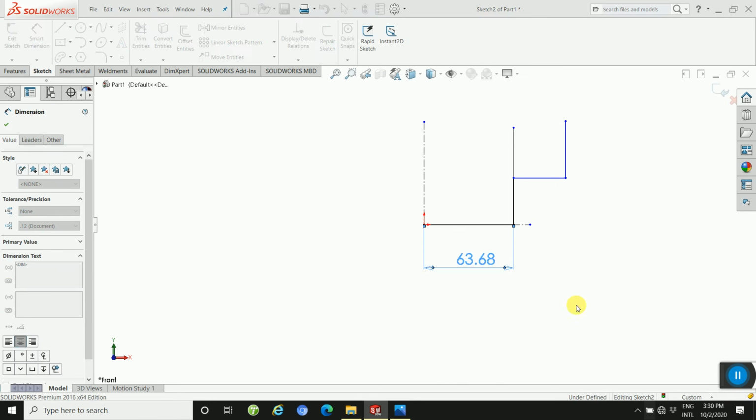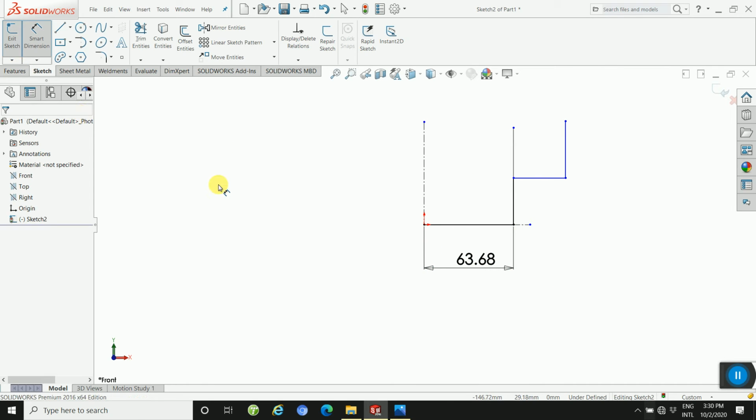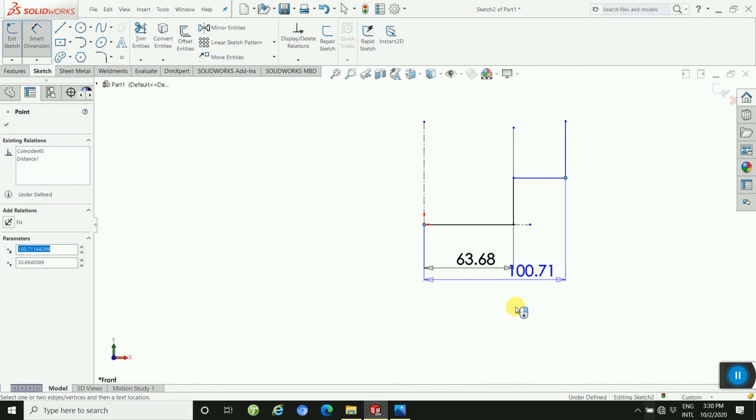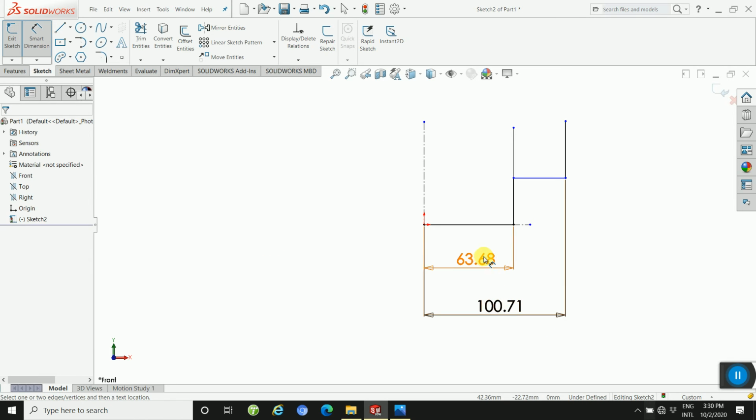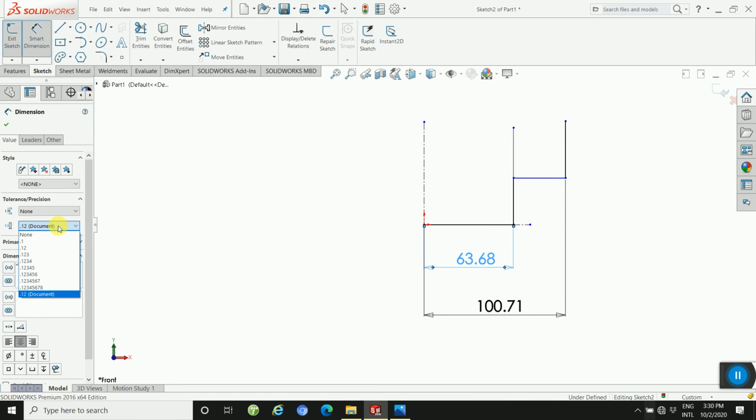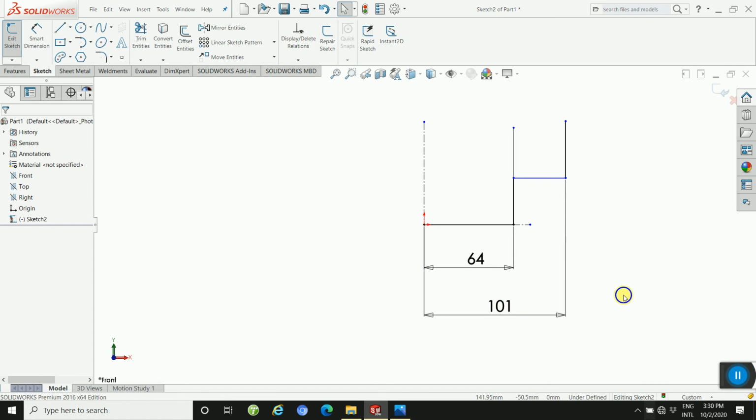Add the dimension on the closest geometry first, and this way the dimension will be applied. If you want to change this dimension, with no tolerance, then apply none. It's easy to identify your problems.